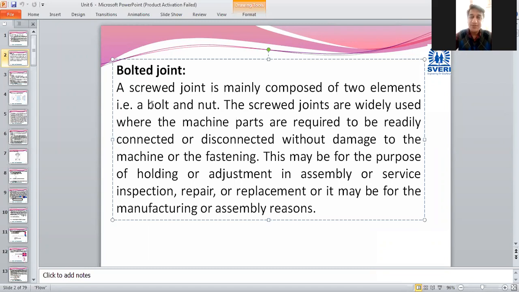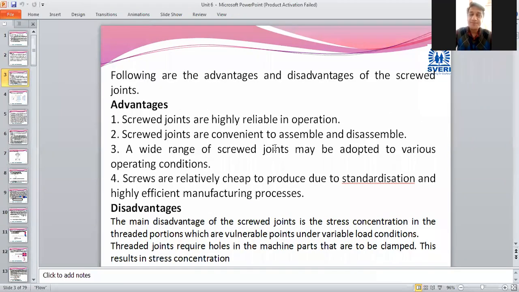You might have seen in the IC engine, these bolted joints are prepared because it is frequently required to have maintenance of that engine. Or sometimes it may be for manufacturing or assembly reasons. All these are the reasons for which it is required to assemble and disassemble the machine component or machinery, and in that case, the bolted joints are prepared. Now, this is a list where the bolted joints have some advantages. Also, they have some disadvantages. You can add 2 more advantages and 2 more disadvantages in this case.